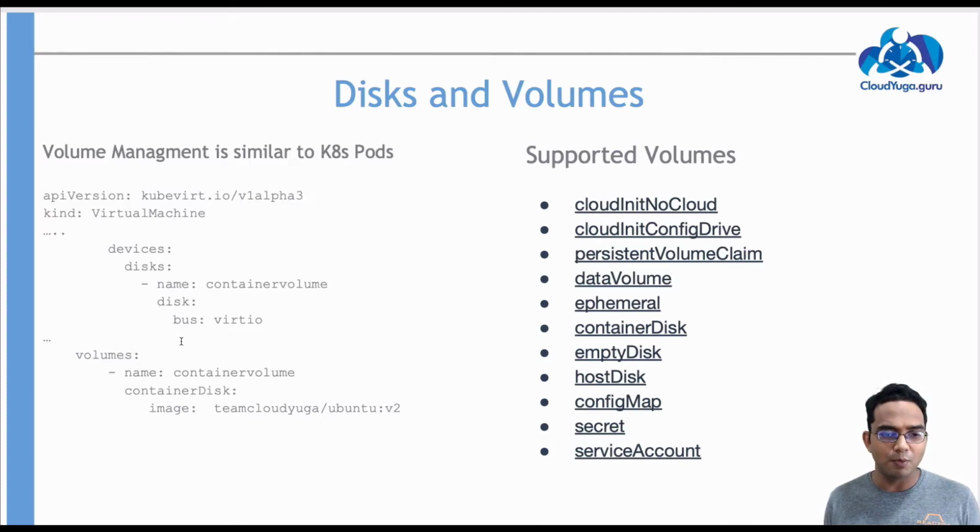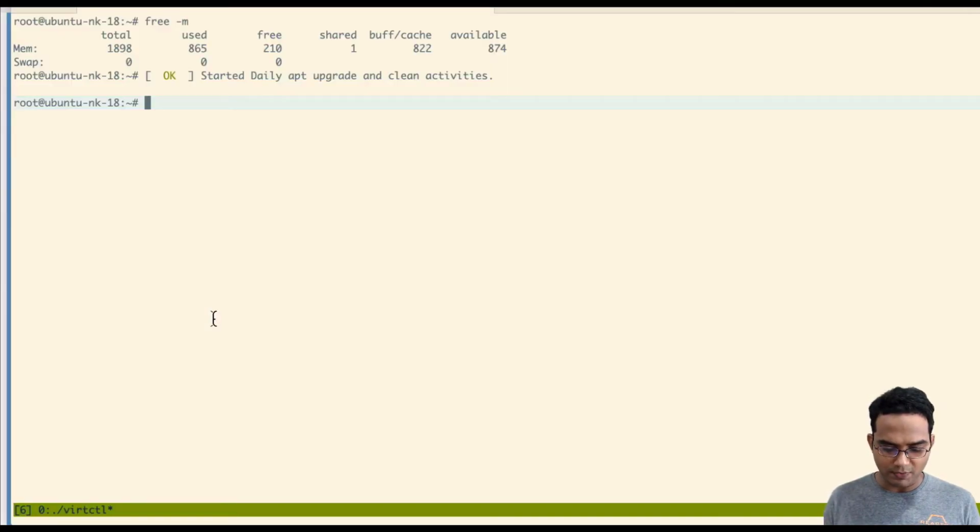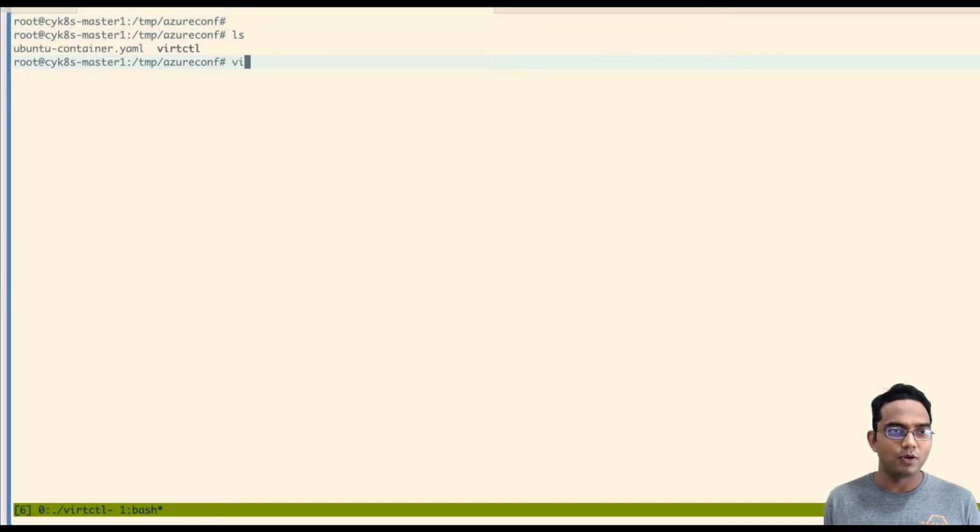So here we are saying that I'm going to create a volume called container volume with the driver called container disk, and here is some image name there, and this would get mounted into the VM which we're going to create now as a disk and with the virtio driver there. So let's start to look at our configuration, what we have for our instance there.